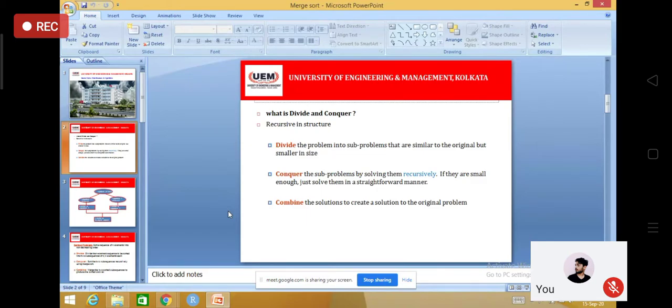So in a divide and conquer based algorithm, it's a strategy where we can use recursive function calls or a recurrence relation. All these terms are related to the divide and conquer approach. In the next semester, when you learn the entire algorithm analysis, you will find a vast body of material on how to solve divide and conquer problems. Then you will find this recurrence relation and all those things.